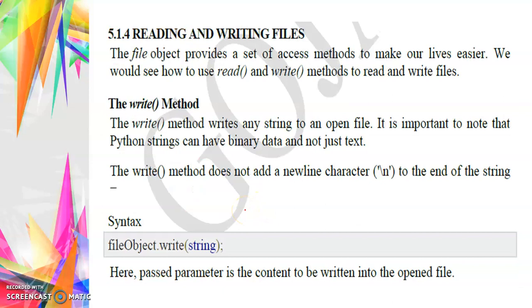Right? Okay. Next, reading and writing files, using read functions and write functions. Read methods and write methods. Right? Okay. So how are you going to perform a write, or how are you going to perform a read on the particular file you have opened? For that we have to use read methods and write methods.